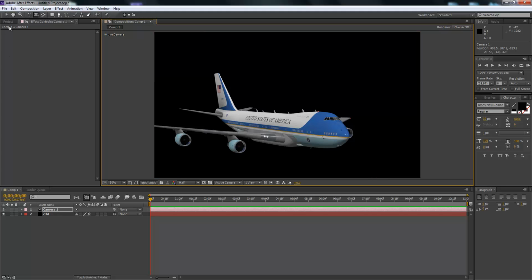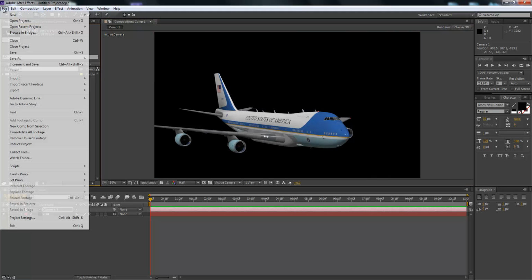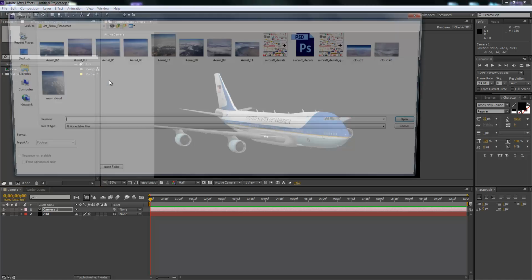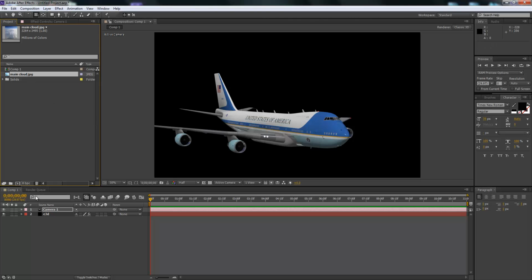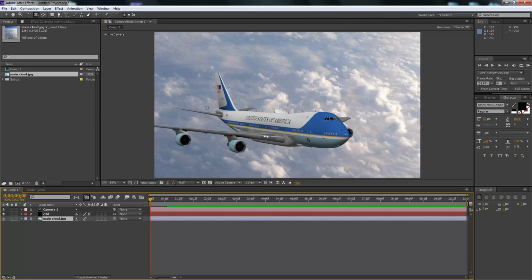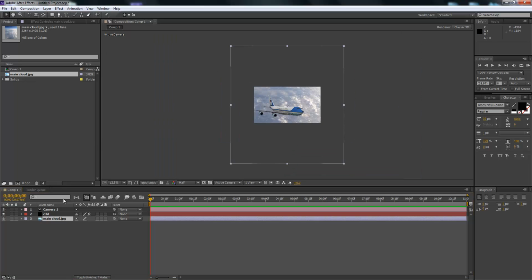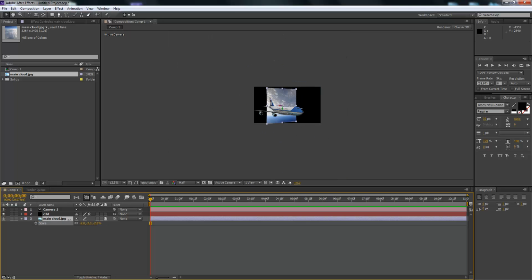Okay. So now we need our background plane, which is our clouds. So I'm going to import that now. And when you actually buy JetStrike, you'll get a resource pack with loads of really cool clouds in. I'm just going to go for this main cloud here, and all I'm going to do is drop that in my comp. It'll bring it like that, and all we do is make it a 3D layer. Hit S on the keyboard for scale, and it's just going to scale it right down, maybe the other way, like that,